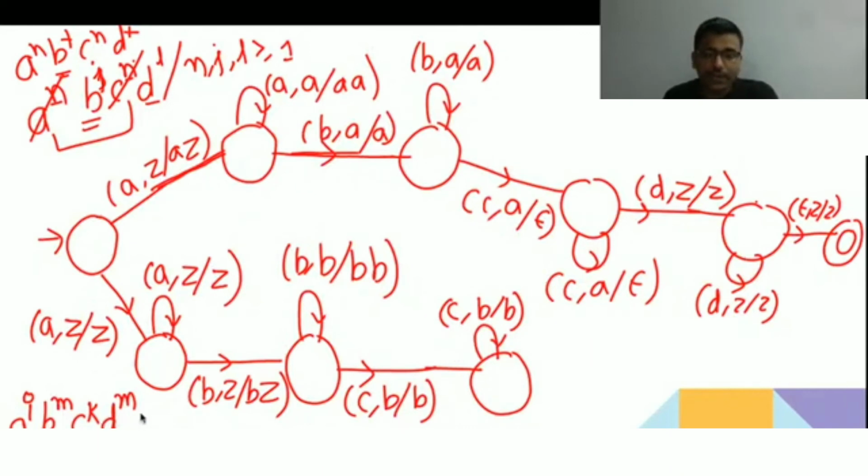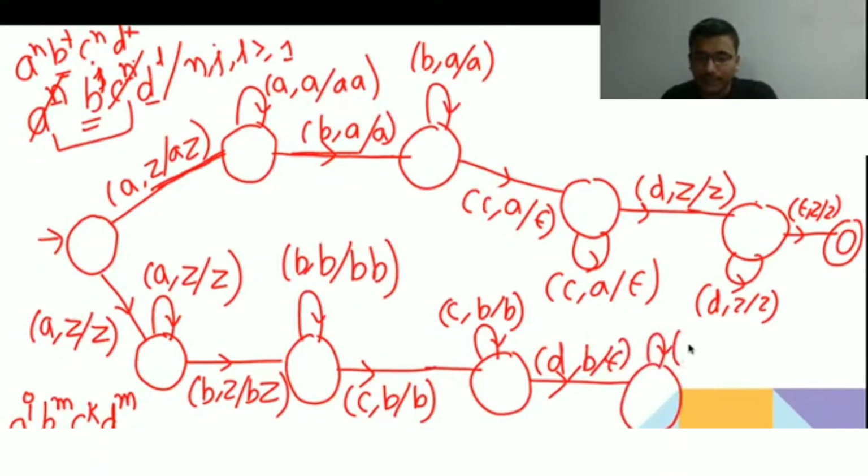So now you will get D. Now when you will get D, you will have in the top of the stack B, pop B. Again you will get D, pop B. Now all B will get popped for D. So now you got D done. Then you will get epsilon, Z replaced by Z.